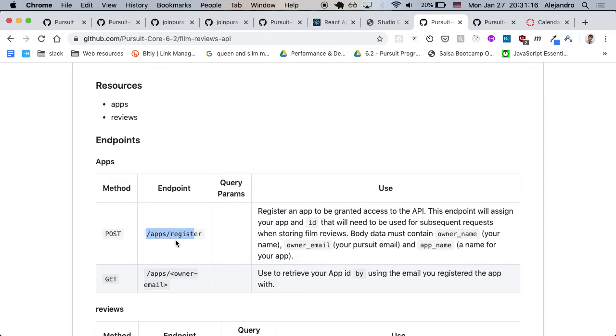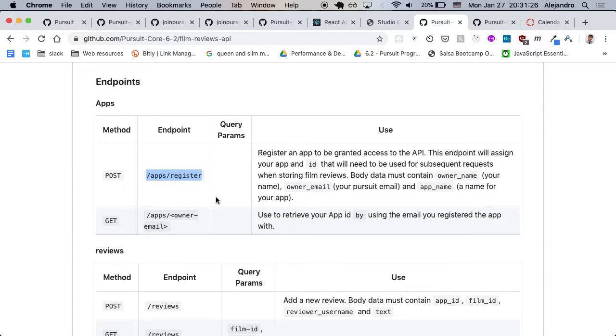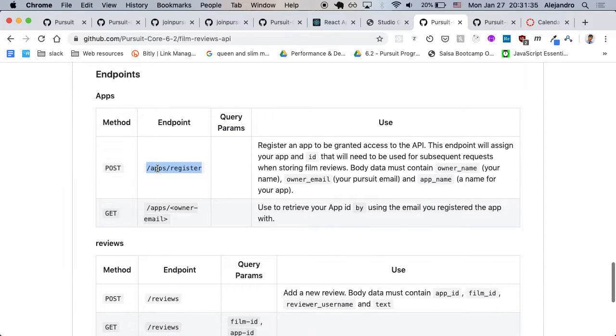I decided to do this where you register an app before you can actually store reviews. Because if you build something that is going to use this API, I want to be able to notify you if I'm no longer going to maintain it or if I'm going to remove it for some reason. So the registration is a one-time step where you just put your name and your email,